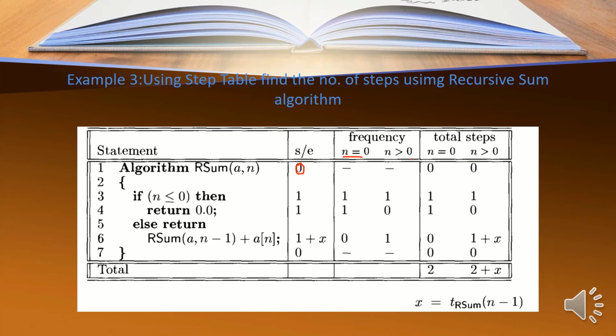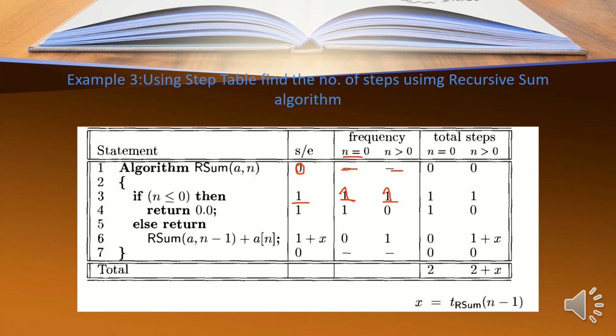Here also total steps you have to consider in the categories n equal to 0 and n greater than 0. Next, the if statement gets one step per execution. We are going to consider it as one step. And if n equal to 0, it is going to execute one time. If n greater than 0 also, it is going to execute one time.